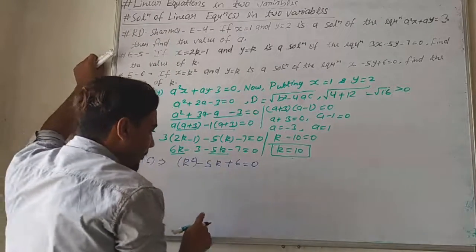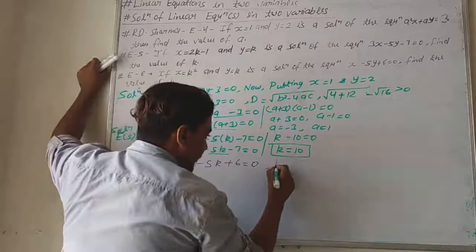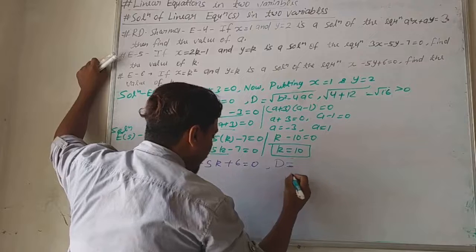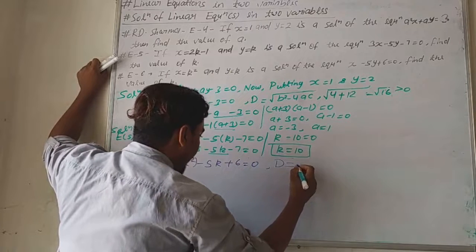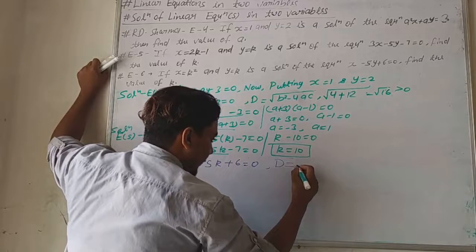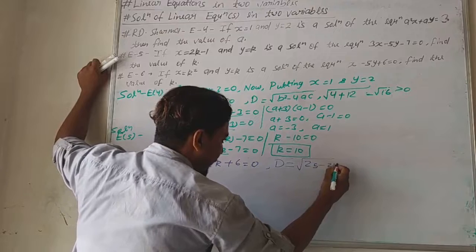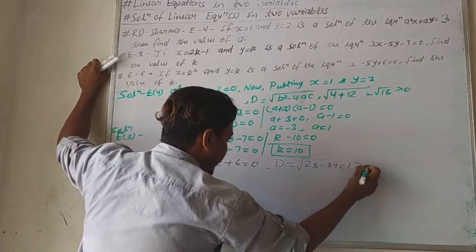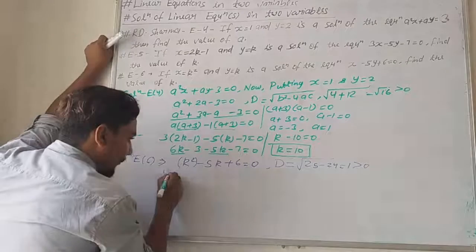We don't need to use Sridharacharya. If D, you don't know D what ways, you will know it in class 10 or perhaps class 11. 25 minus 4 into 6 is 24 equal to 1 greater than 0, so it is simply factorizable. What we have to do,